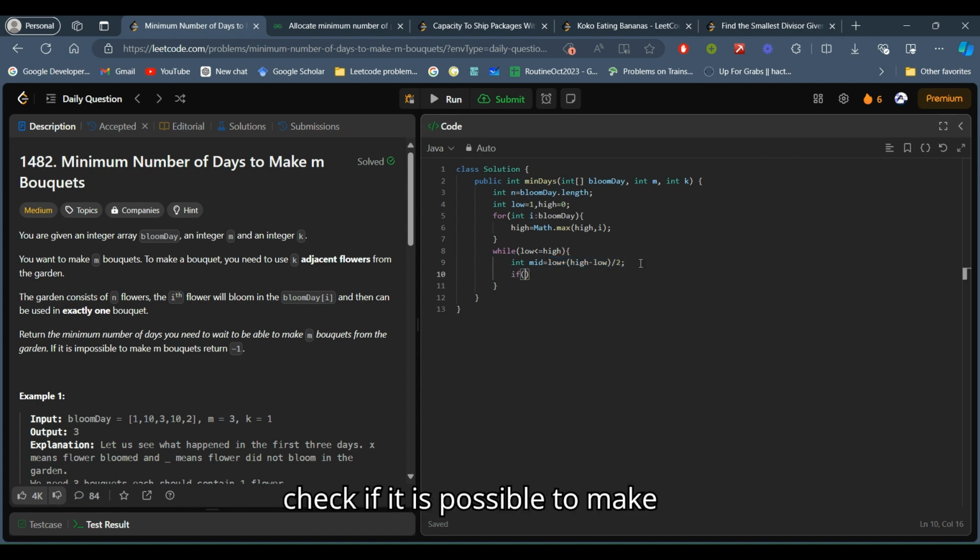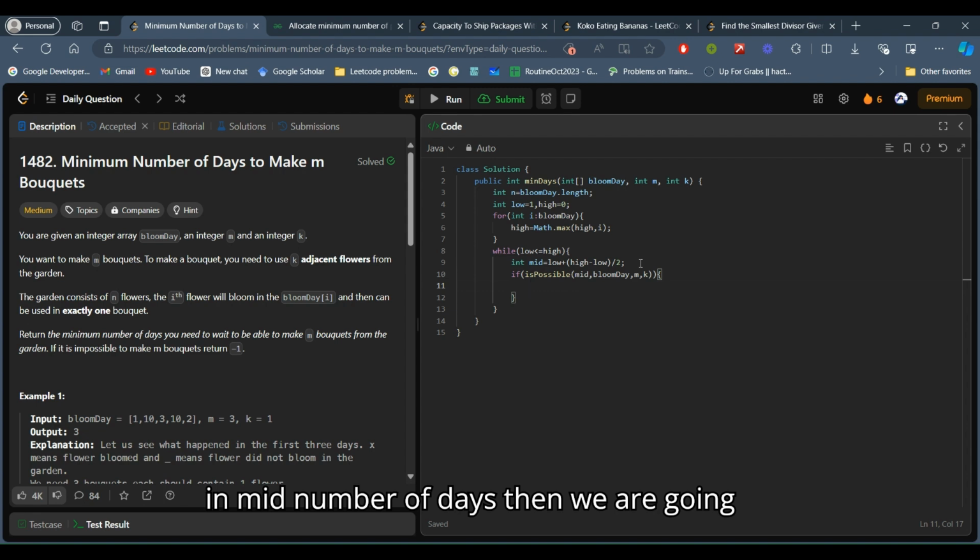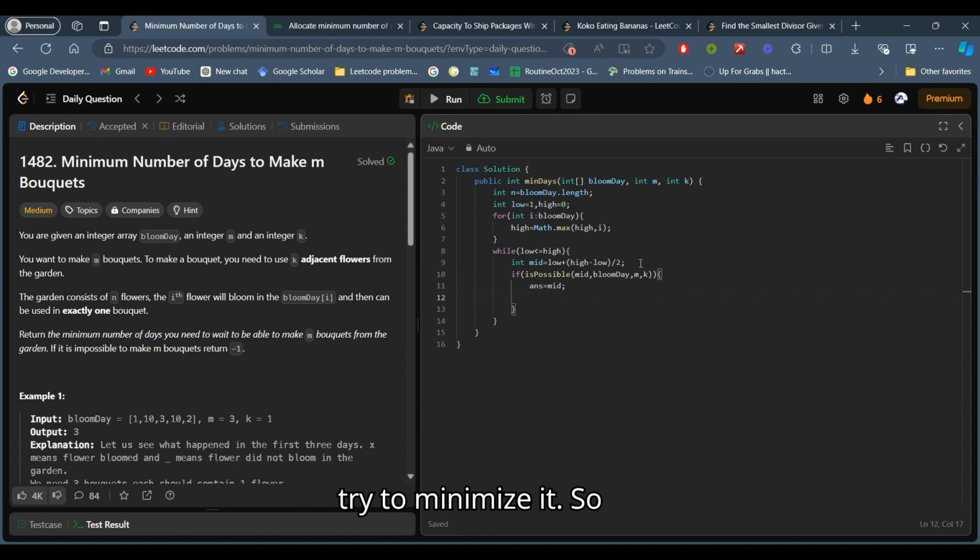And after that we will check if it is possible to make the bouquets with the mid value. If we can make the bouquets in mid number of days, then we store it in the answer and try to minimize it.